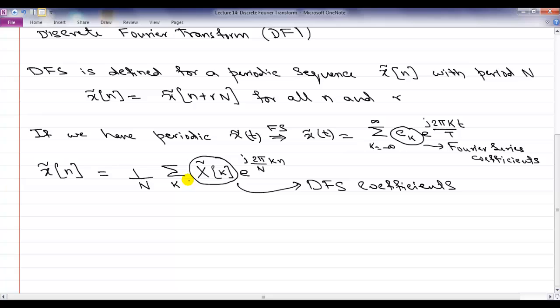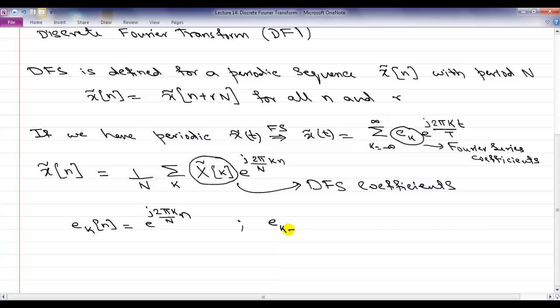Well, in discrete time, there are only n harmonics that are available to us. So if I define ek of n as e to the j 2 pi k over n times n, right? And if I define